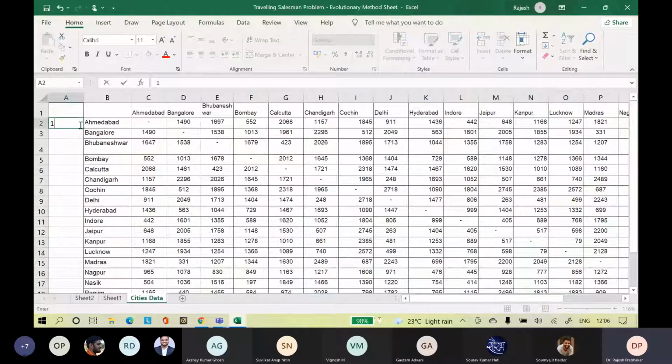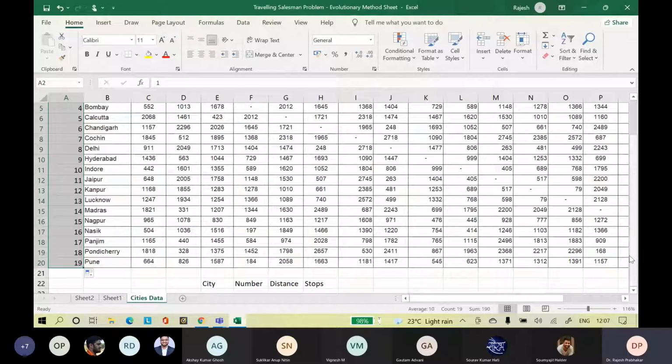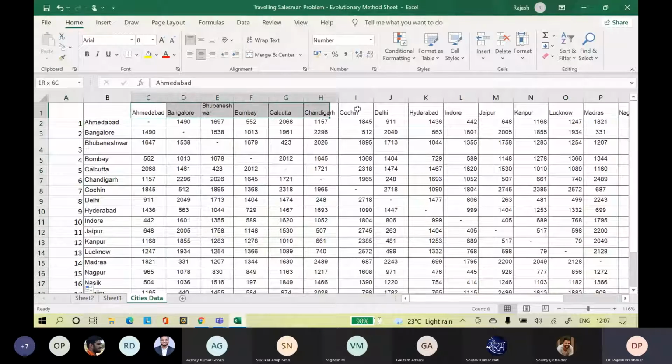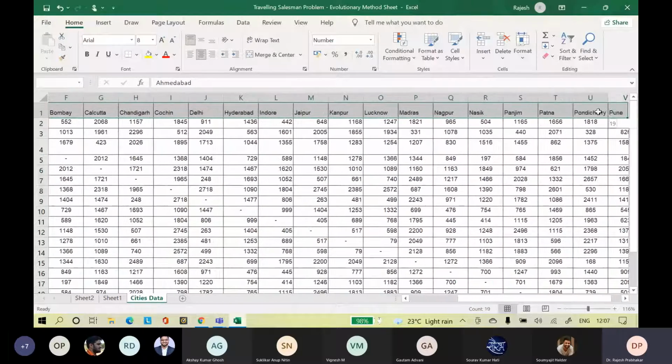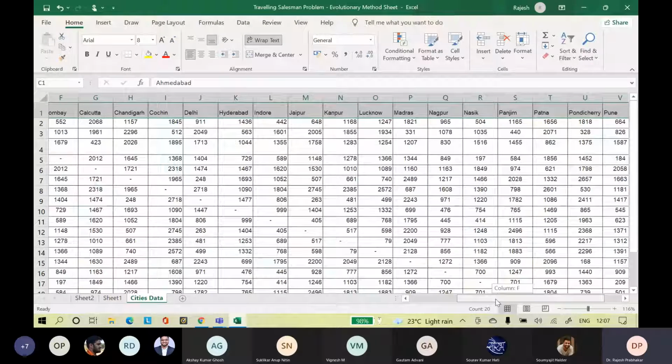And then add the new numbers 1, 2, 3, and select the 3 cells and drag. Fill till Pune. So 19 are there, right? Count is coming 20. What is this? We have some mismatch happening somewhere.